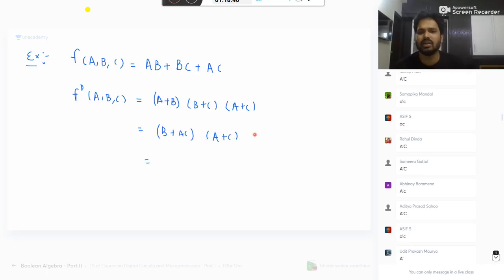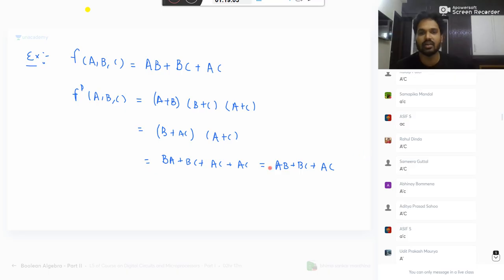Now just expand it simply. B into A, B into C, AC into A is AC, AC into C is AC. So what is the answer? AB plus BC plus